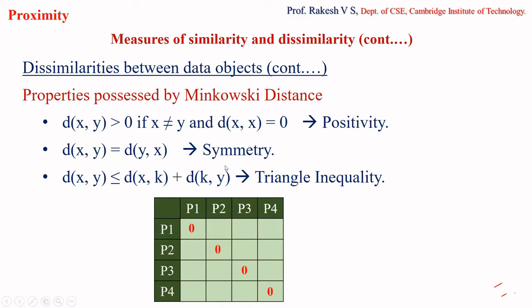And then the second property, which is symmetry. What is symmetry? Values on either side of the principal diagonal are symmetric to each other, which means the values here will be equal to the values present here. So in the previous example, if you see, we had 4, 4, 6, 2, 4, 2, and you can see the same values on this side also, right? So this is what symmetry is, which means you calculate the values on one side and the same values can be written on the other side also.